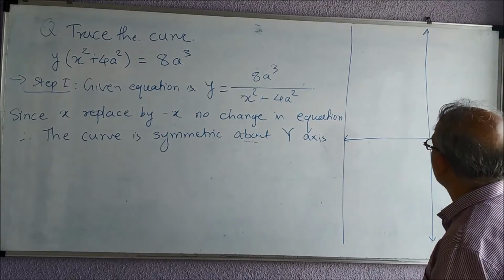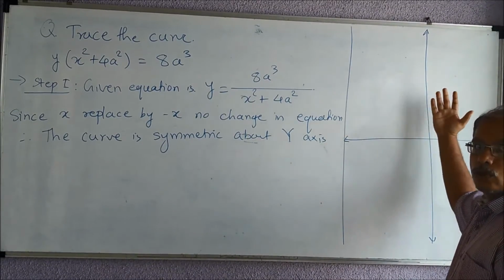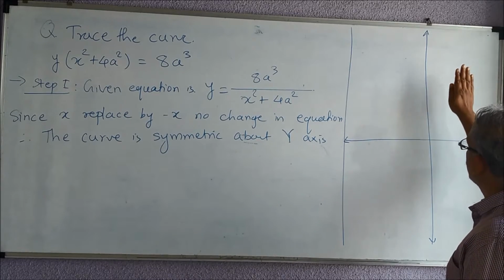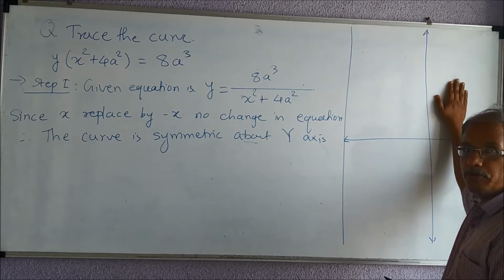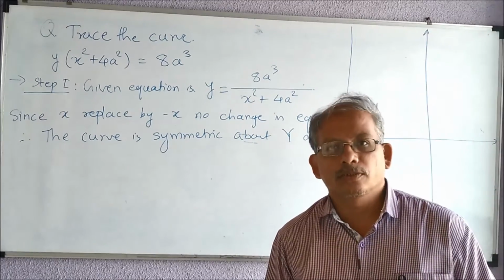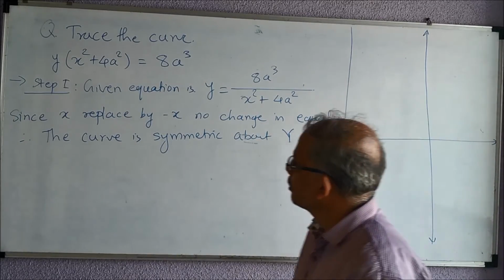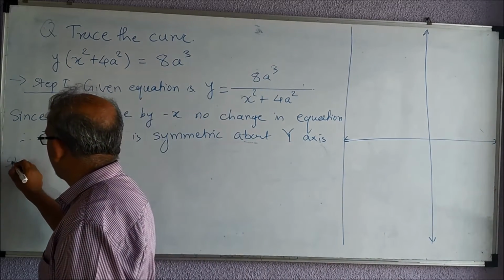That means now you can expect that the curve exists like this. Even if you find out the part in this one part of the plane, you can just replicate that and you get the other part of the curve, because it is symmetric. So this is our first step. Second step,